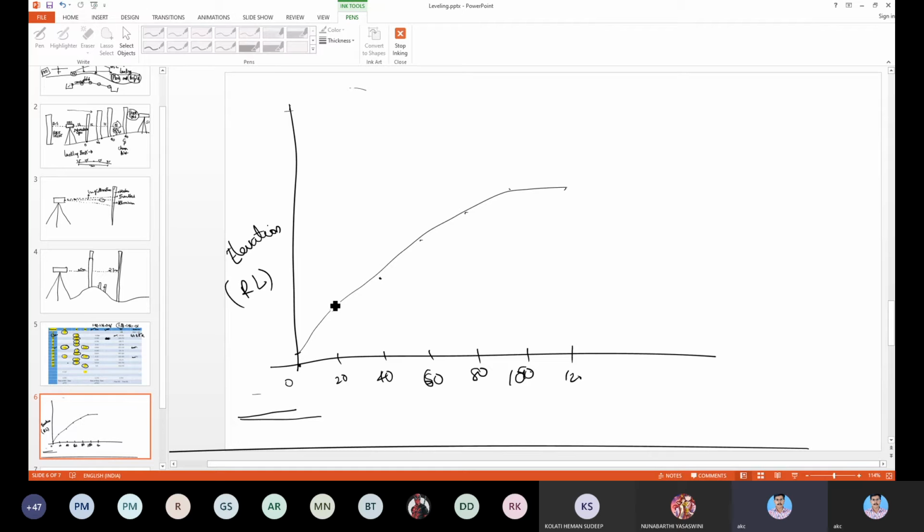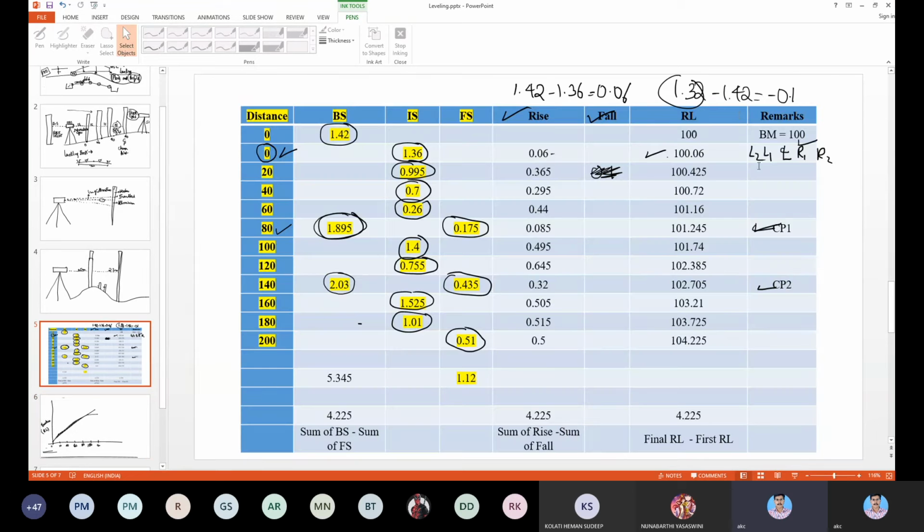Like this, they will draw the profile, and let's say if this is the actual ground profile, and you want the road like this, a straight road, then this whole portion will basically be cut, right? You need to remove this portion. So like this, you will plan where to cut and where to fill using this profile data or leveling data.